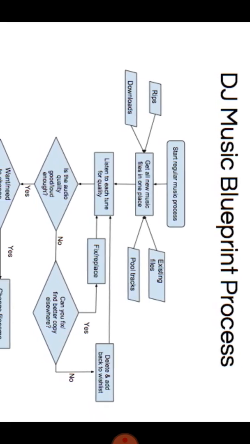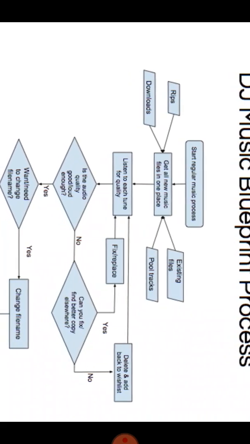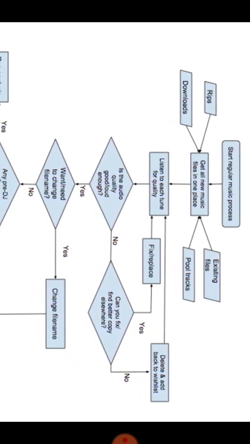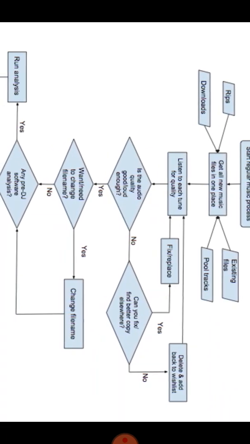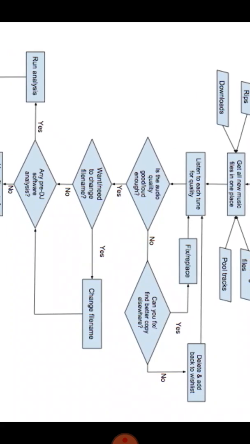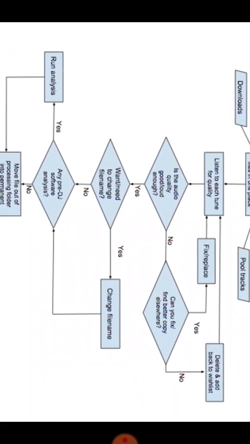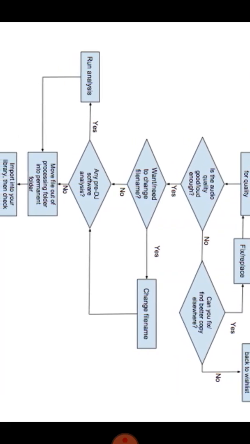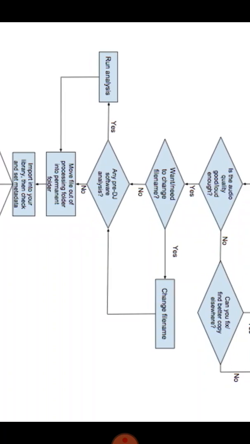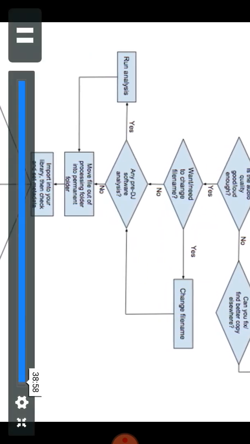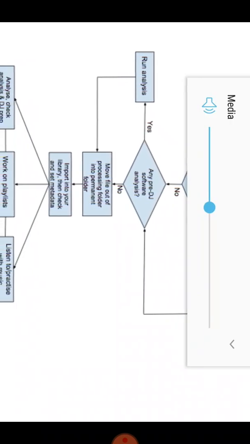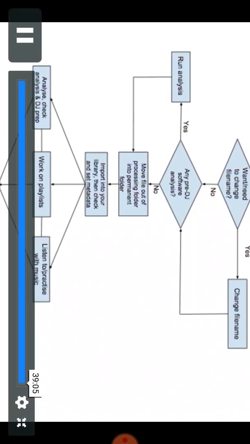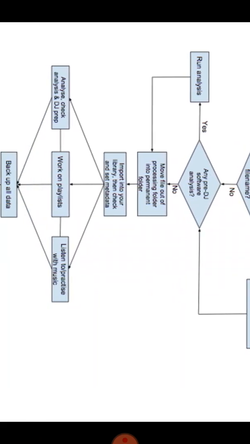So we've covered an awful lot in this video. We've covered how to get your music into an area where you can work on it. Then we've covered fixing the file names, checking the quality, and what to do about it if the quality isn't there. I've covered stuff you should do to it before you admit it to your music collection. Then when you get it into your music collection, how to fix the metadata, how to analyze and import it into your DJ software, and how to use folders or playlists or crates or smart crates or intelligent folders or whatever they call them in your particular system to slice and dice your music. But we've also talked about when it's probably not a good idea to do that, because you can sort by column or you can use